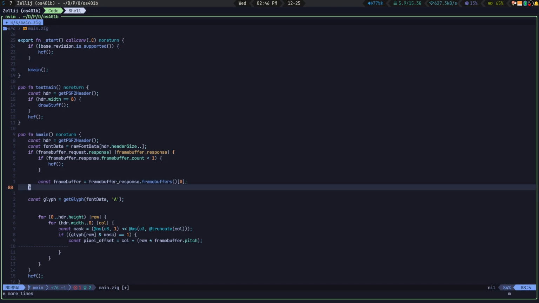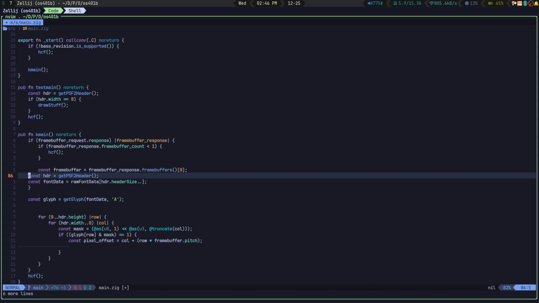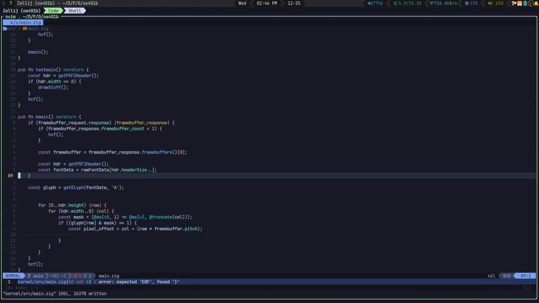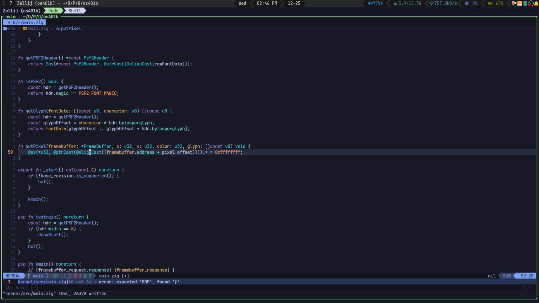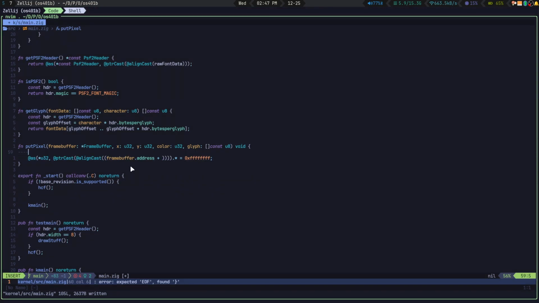Okay. I need to, let's do offset. So y into frame h, right, plus